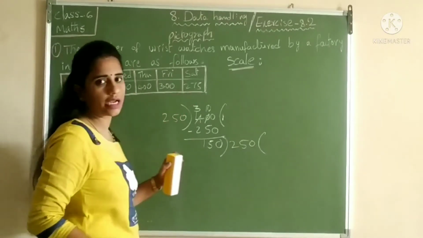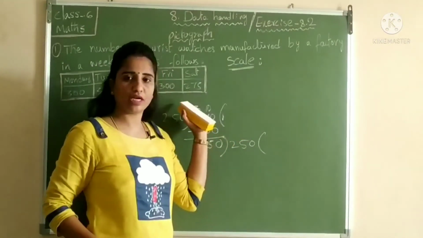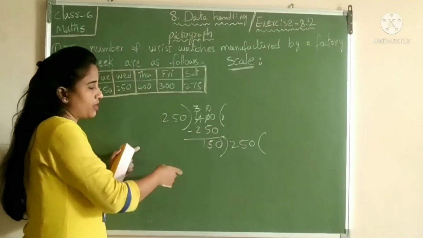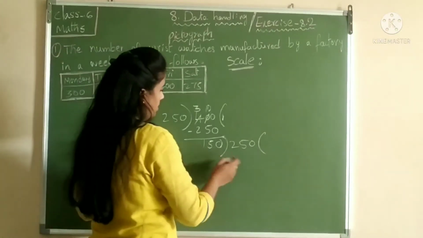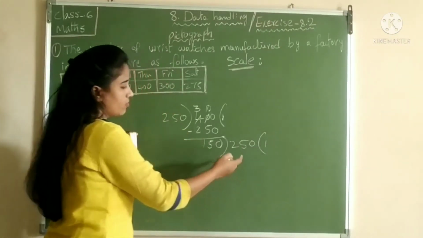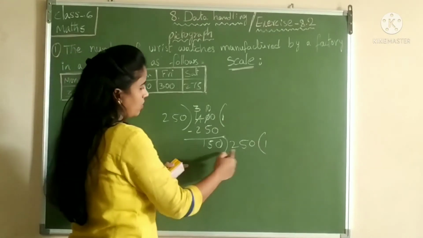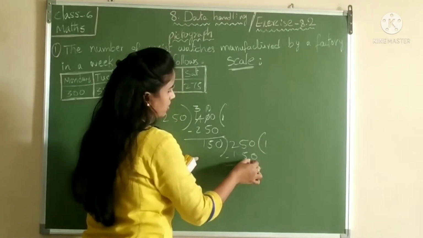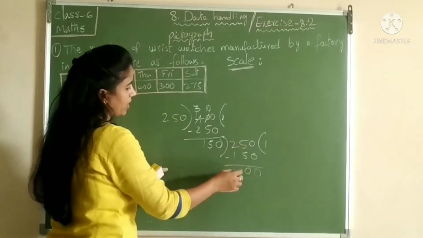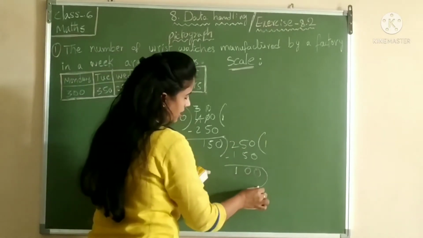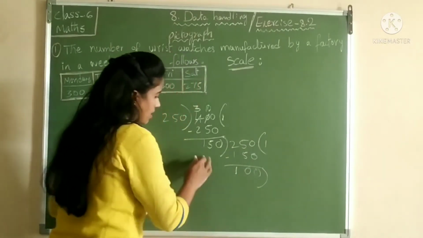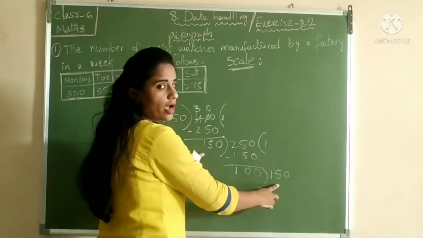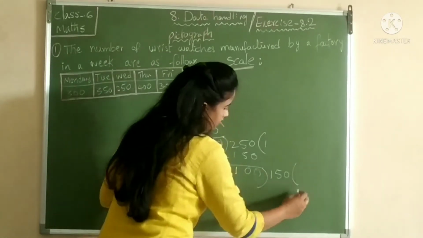Scale is nothing but the greatest common divisor of the given data. So, find the greatest common divisor. How to find it? Like this you have to count. 150 ones are 150. 150 twos are 300. So take 150 ones are 150. Again subtract. 0 minus 0, 0. 5 minus 5, 0. 2 minus 1, 1. Again take 100 as a divisor and 150 as a dividend.